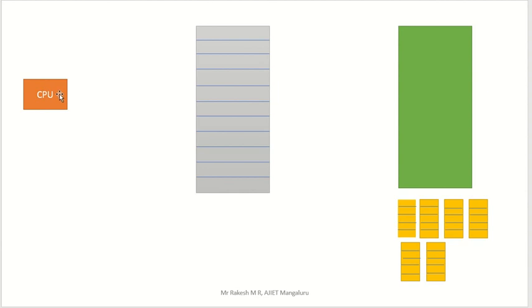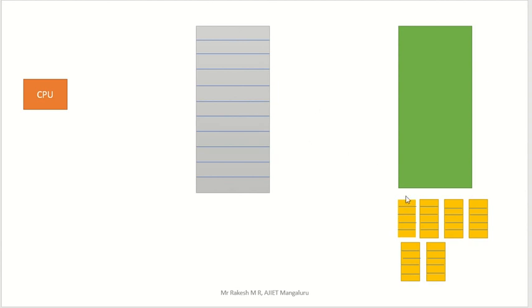But if the size of the memory is 100 KB and the size of one process is 200 KB, another is also 200, this one also 200, this one also 200, then a lot of space is required to store in main memory. But main memory size is 100 KB, so we can't store an entire process here. So we are going to divide into pages, and page-wise we are going to load here.